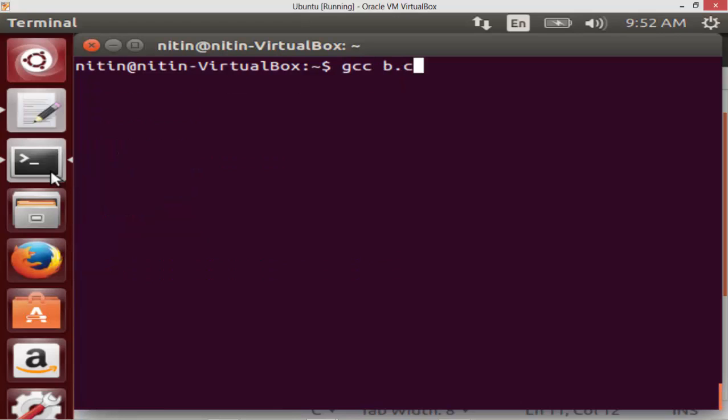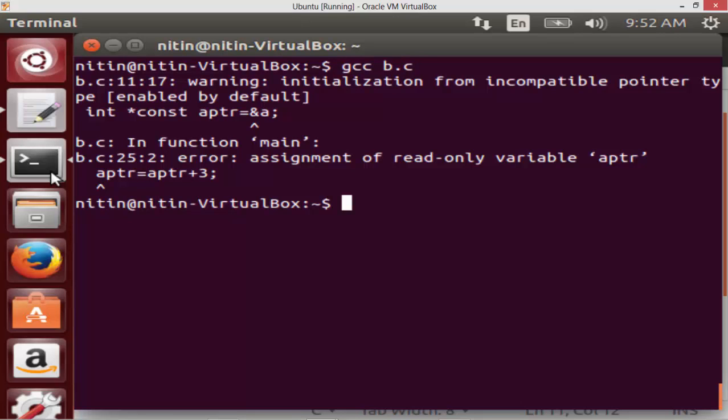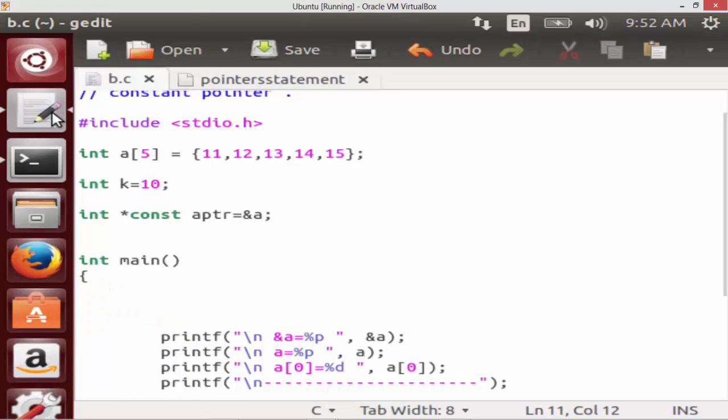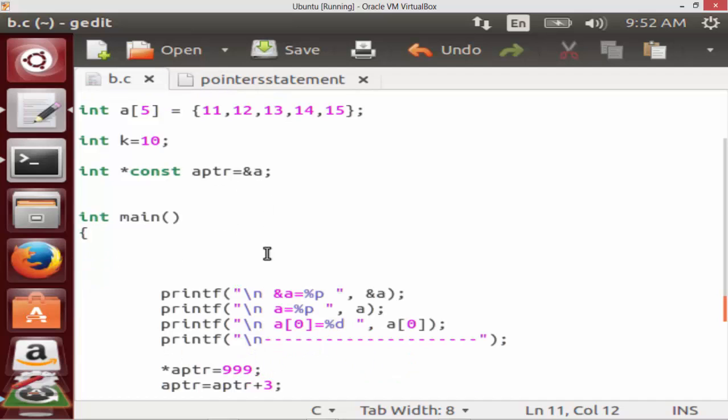Okay, so I have done that. Again we are getting int star const aptr equal to AND of A. Our warning has not vanished.